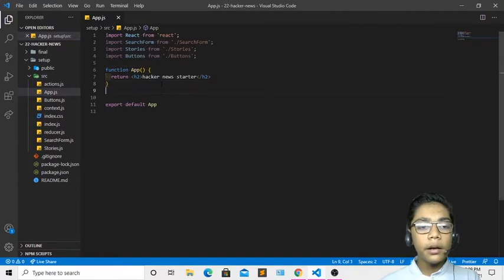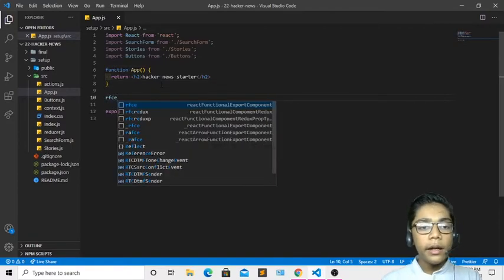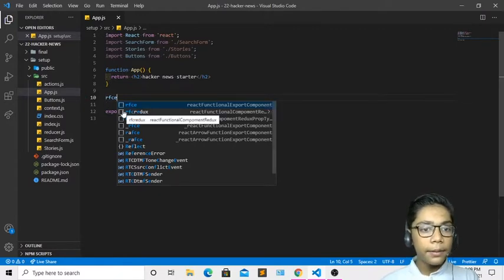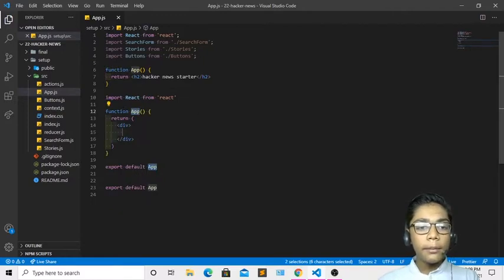So I will be coming underneath and creating an RFC. As you all know, I have told you in the previous React.js project also, this RFC is used for creating the starting code of React. Like when we write shift and press 1, the mark comes, then when we press enter, all the starting code of HTML comes. Like that, you have to write RFC for writing the starting code of React.js. If it is not coming, you can press tab or enter, or you can press this one also, and it will take all the starting code of React. I will be pressing tab, so you can see all the starting code appears in my file.